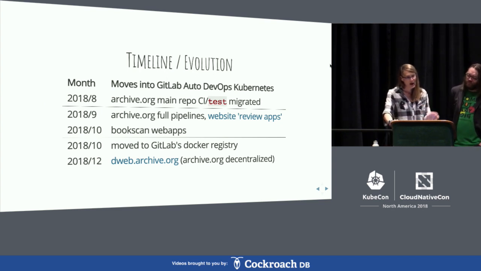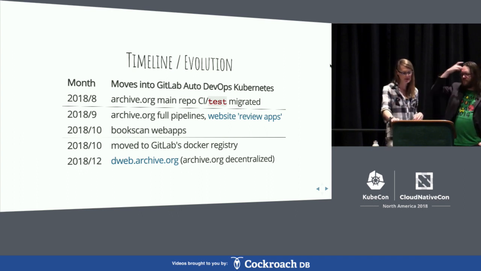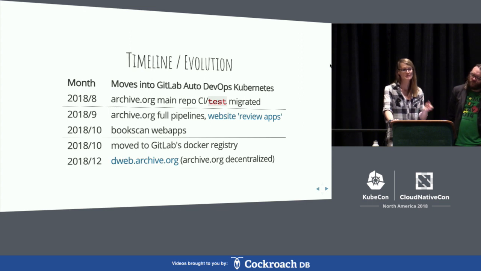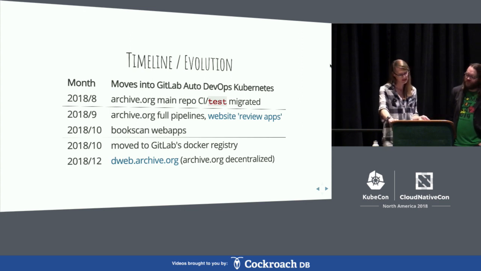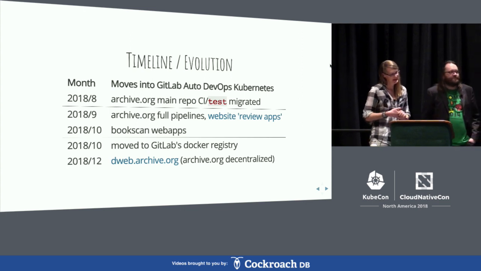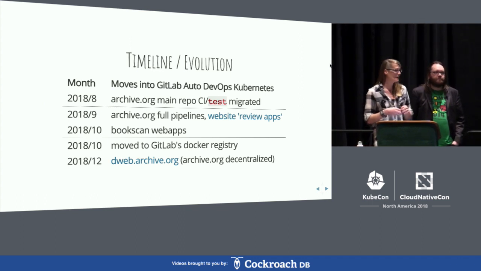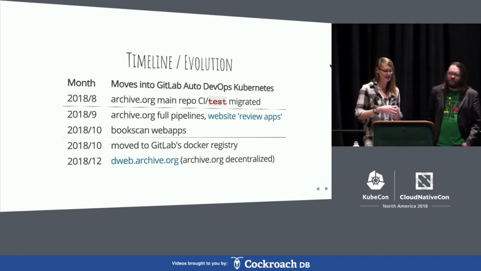A lot of our code runs from a monolithic repo at archive.org, and it has different kinds of roles throughout our servers. We had a homegrown test phase that we wanted to move into AutoDevOps. We moved that in August. And then a month later, we kicked on the rest of the pipeline